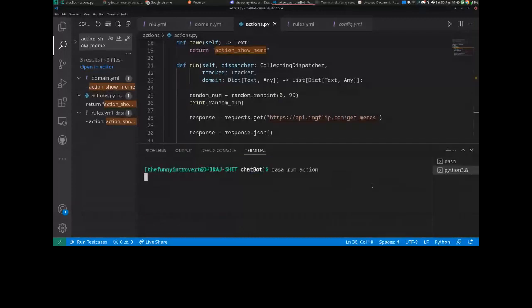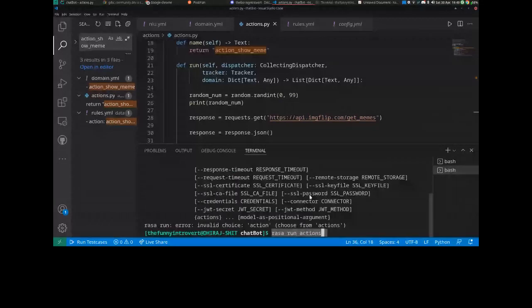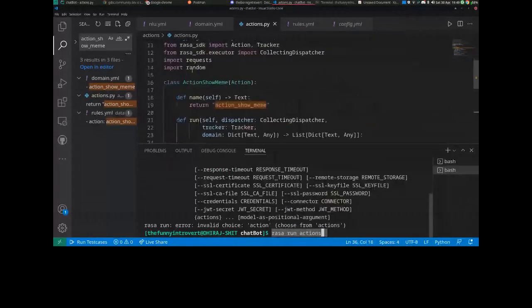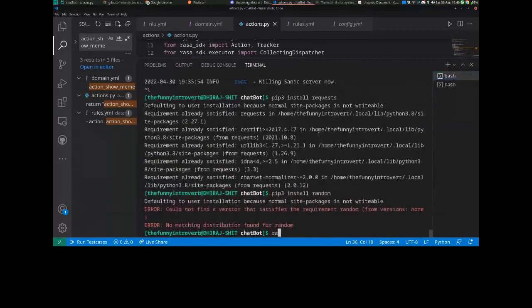And I hope the command is correct. Okay, it is not. It is action. So it is basically Rasa run actions. So just go into a different terminal, just create another terminal and just write Rasa run actions, which will basically run all the actions which you have written. Now we just have only one, so it will show you directly. But before that, you can run it, but I will just do Rasa train really quick so that we have all the stuff ready. And let's just hope it goes fast.